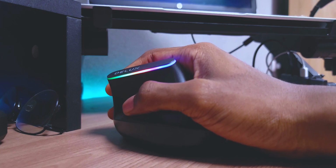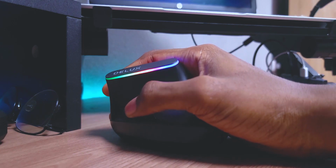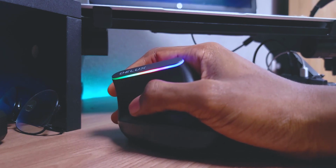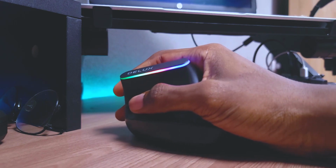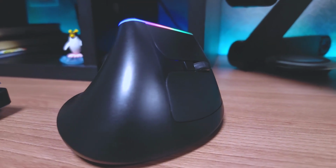I love the fact that it's ergonomic and it is vertical as it puts less strain on my wrists. There are front and back buttons also located on this side of the mouse, and you have your left click, right click, scroll wheel and your DPI button as well. My main problem with this mouse at the beginning was the fact that it was quite lightweight,